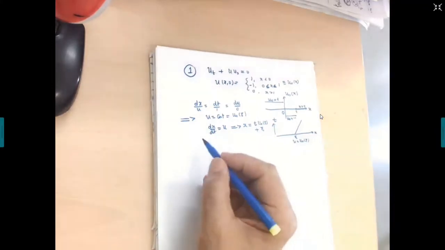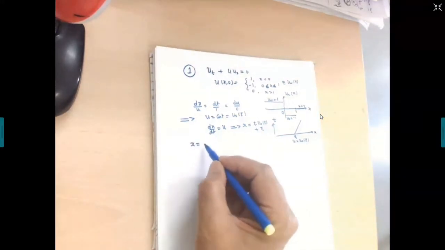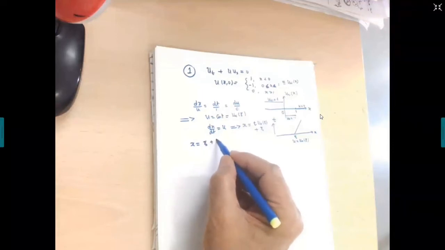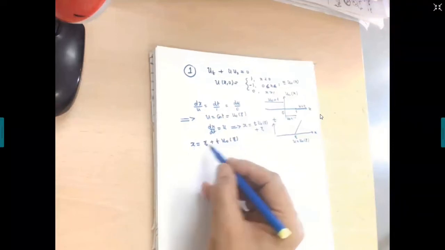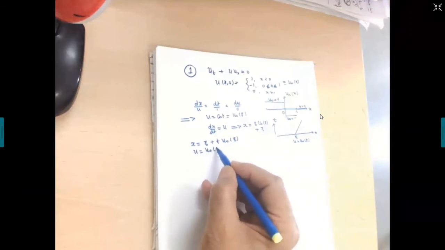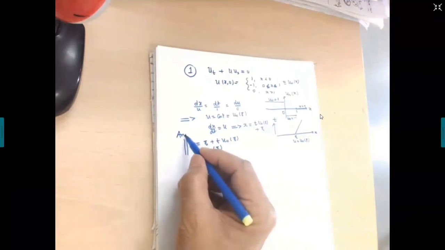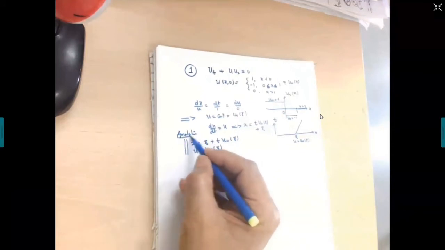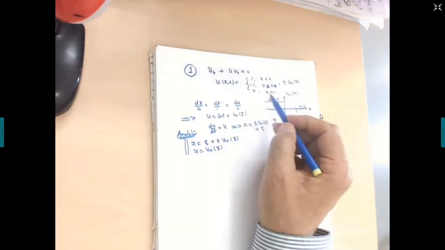So we have got the solution. We have got the analytical solution that x is equal to xi plus t times u naught of xi, and along these characteristics u is equal to u naught of xi. This is your analytical form of the solution. Exactly. So now I have to find what the implications of this are, because I have not used the initial conditions as of now.